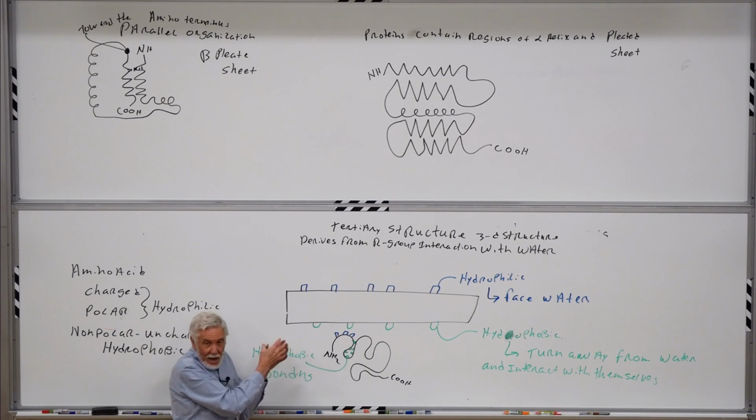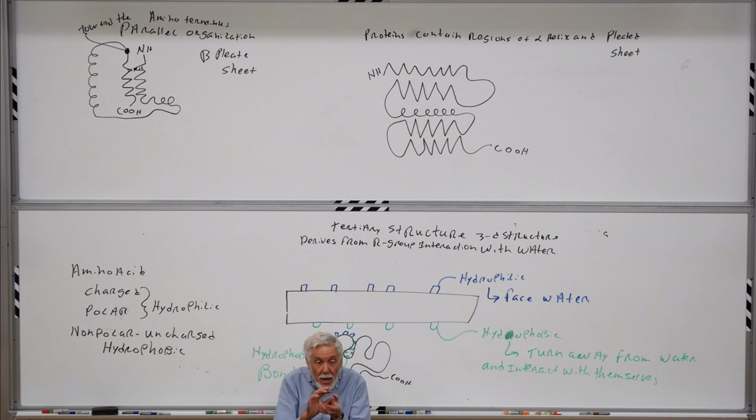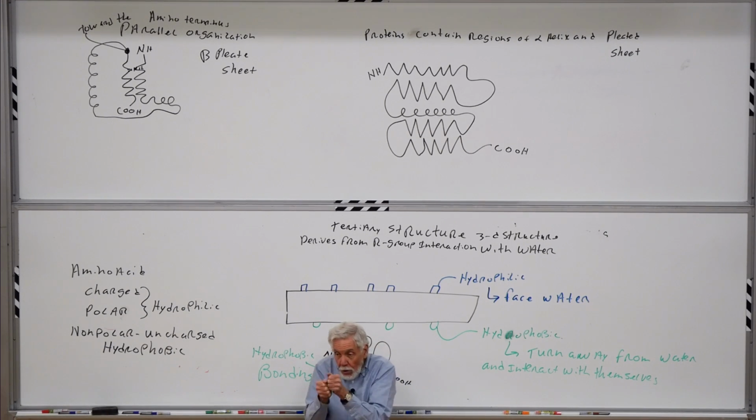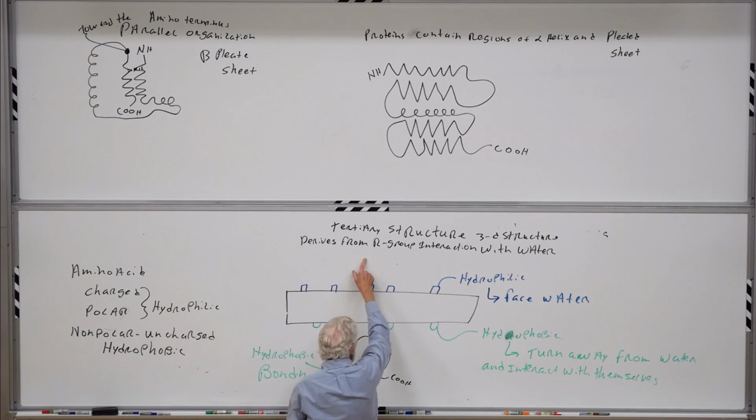So this string now, if you imagine this is a string, is going to take on a certain three-dimensional shape. It's going to fold itself into its lowest order state. And by folding itself into its lowest order state, it's going to take its polar and charged R groups and predominantly turn them out to the water. And it's going to hide its hydrophobic R groups inward, one with the next. And this now, by allowing some of the R groups to face the water, other of the R groups being forced to face one another, is going to generate a three-dimensional shape of the protein. So the three-dimensional shape of the protein, the tertiary structure,